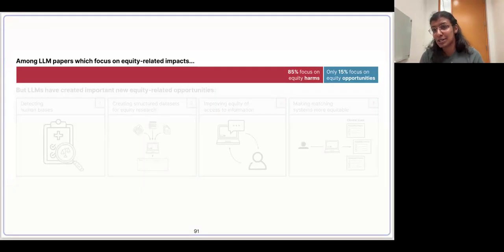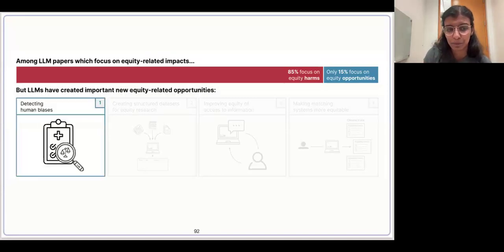And while this work is extremely valuable in ensuring LLMs benefit the world, we felt that an optimistic viewpoint, that is, what new problems in equity can LLMs allow us to tackle, was underrepresented. So in response, we wrote a perspective piece on particularly promising applications of LLMs to promote equity. So we illustrated these 4 general use cases, and we grounded them in particular applications to promote health equity,